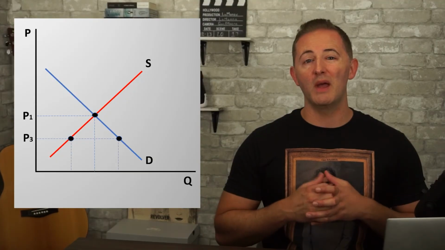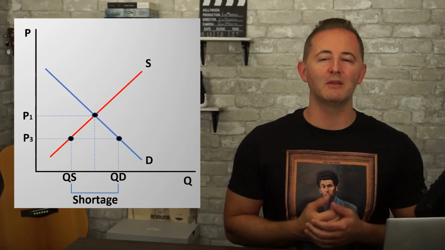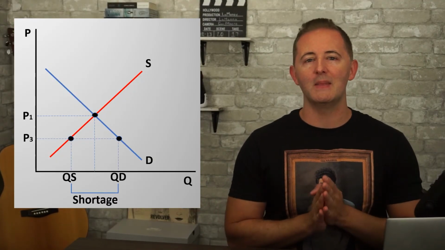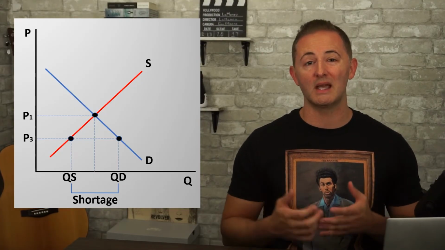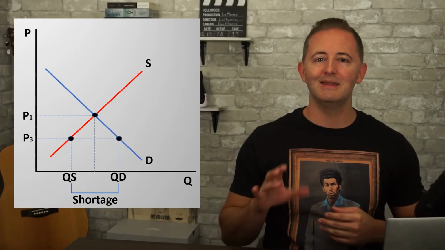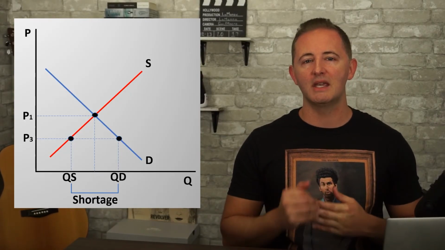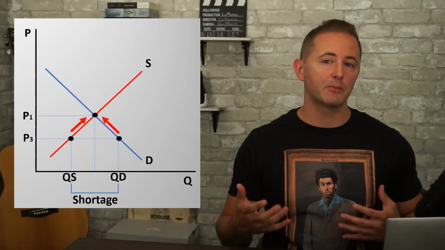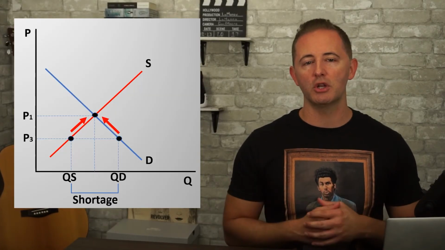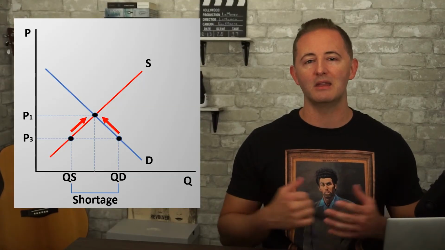If the price is too low, it's the same story in reverse. Quantity demanded is greater than quantity supplied, and this creates a shortage where sellers run out very quickly of whatever they're willing to sell at this price. Again, this state of disequilibrium provides signals that the price is too low and needs to increase. Eventually, as the price increases, it eliminates the shortage and the market will again be back in equilibrium.